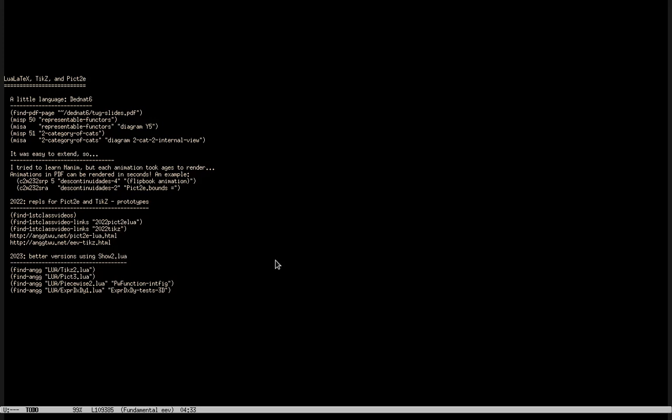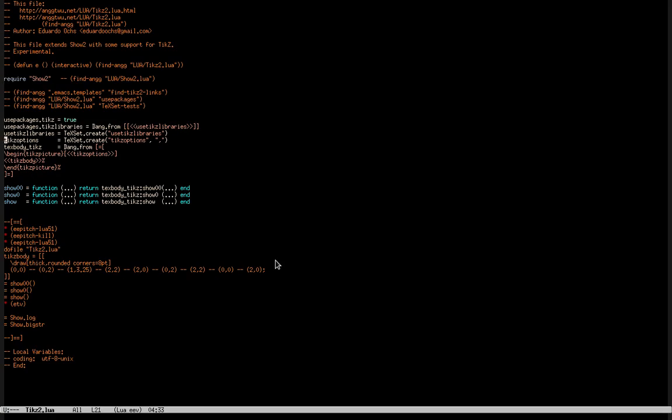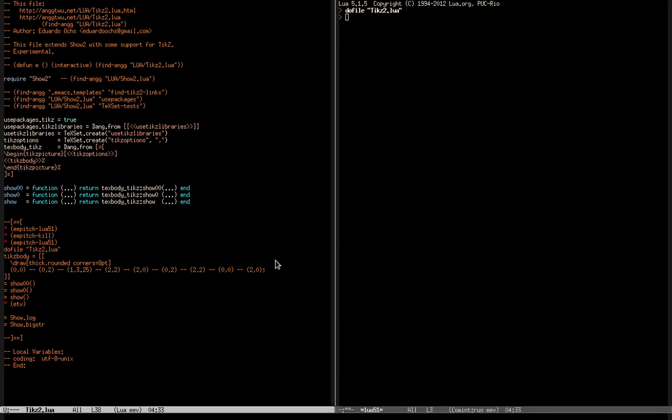I'm not going to show its details now, but its extension that generates TikZ code is just this. So we can specify a diagram with just a block like this, and then if we run